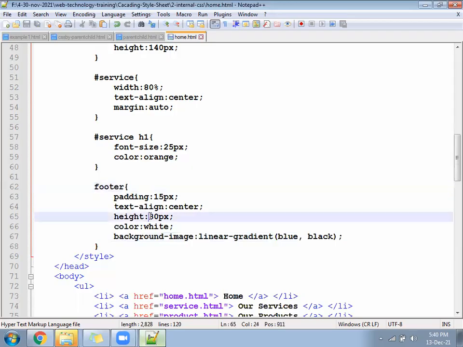Height 130. I wrote it by mistake as 30. Height should be 130. Padding 15 pixel. Text align center. Color as white. Background image linear gradient, and blue and black. The upper portion should be blue and the bottom section should be black.